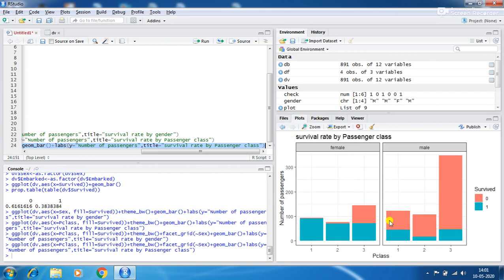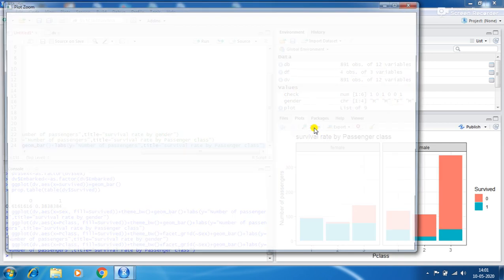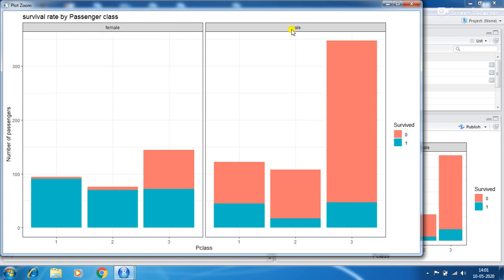This is the graph plot. This shows that there are two sexes, male and female.